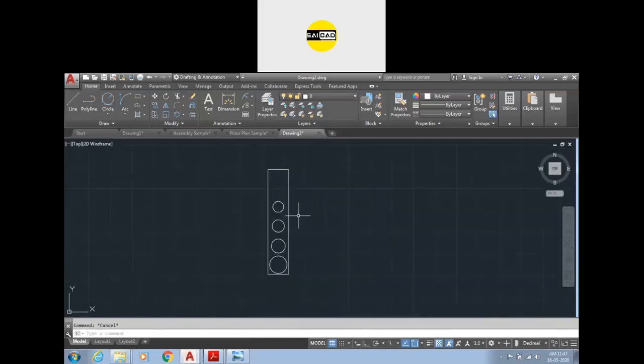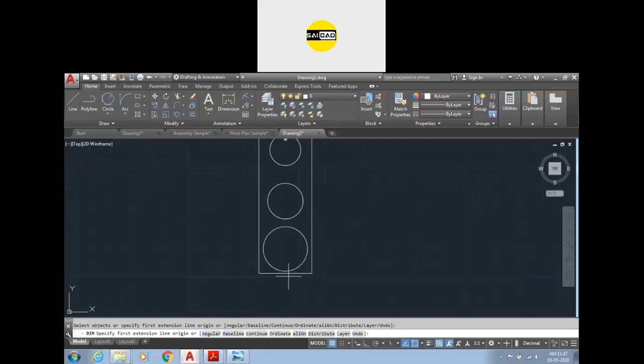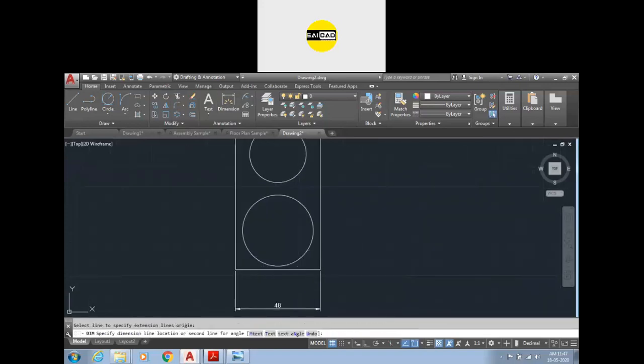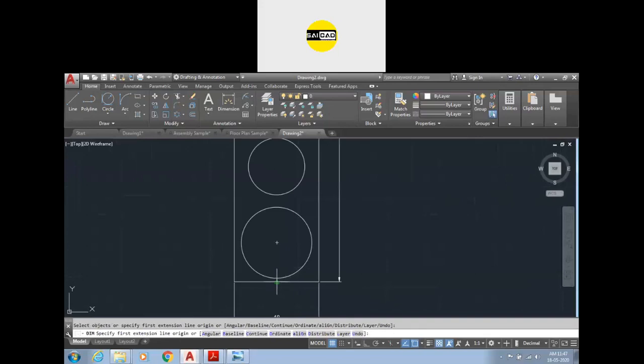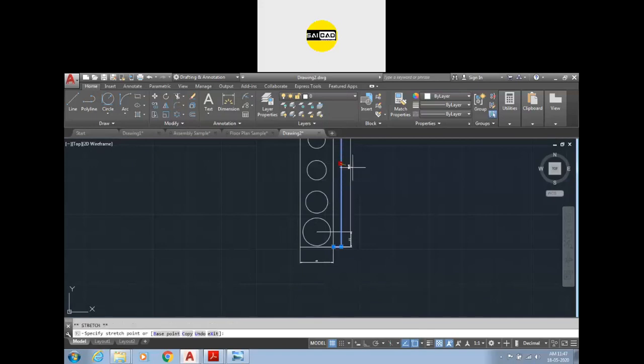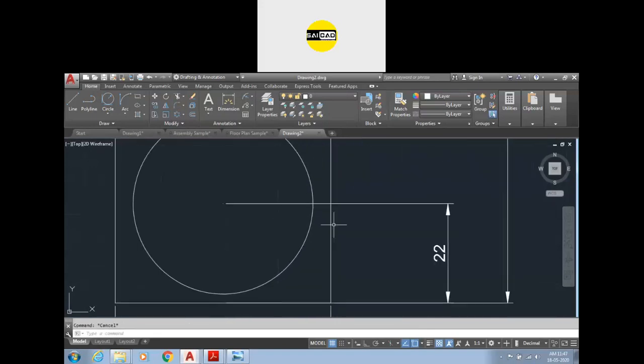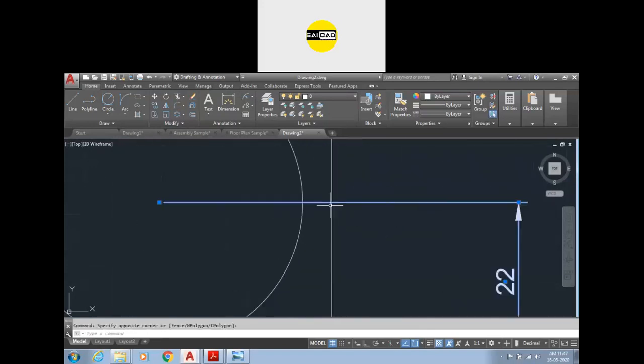Okay, so like that we have some objects. Now we have some dimensions here. So first thing is, if we create a dimension between these two objects, we can move this dimension further, but you can see that this dimension is going to cross the geometry line.